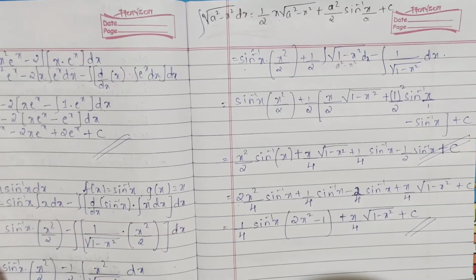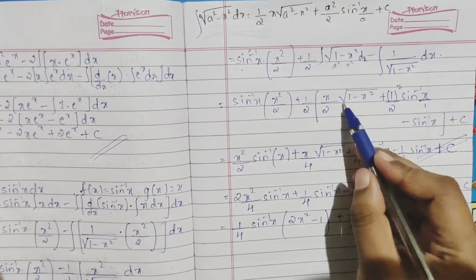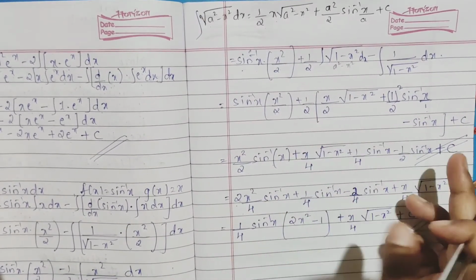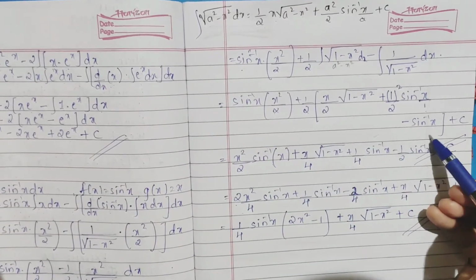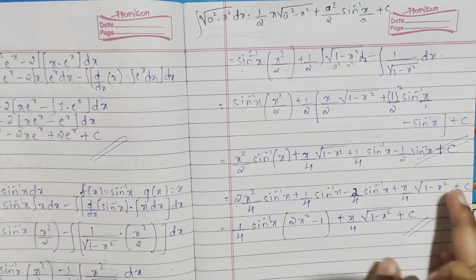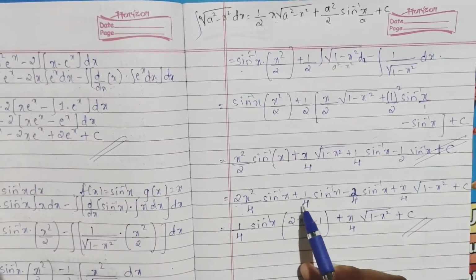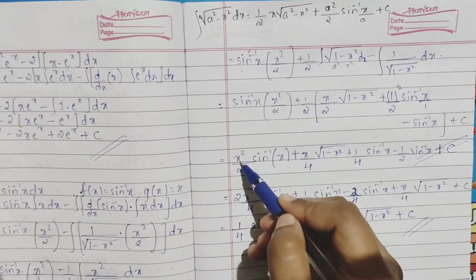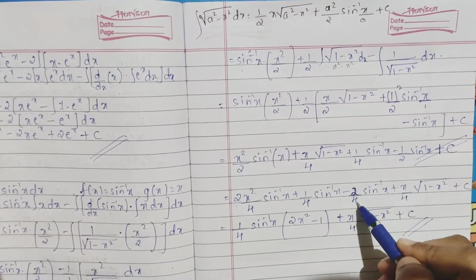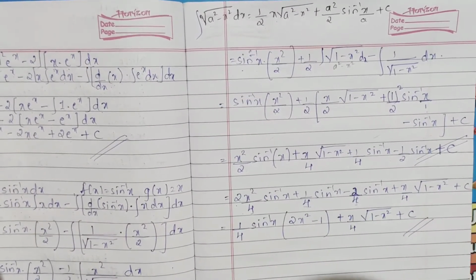So to match it, x square by 2 sin inverse x, x by 4 root of 1 minus x square, 1 by 4 sin inverse x minus 1 by 2, multiplying everything. Now you see sin inverse x, sin inverse x, sin inverse x, take everything. These are like terms, so keep them and the remaining. To make the LCM 1 by 4 only, for the first term multiply and divide by 2, and even the third term multiply and divide by 2, so that we get 4 as the LCM.